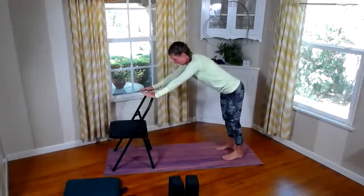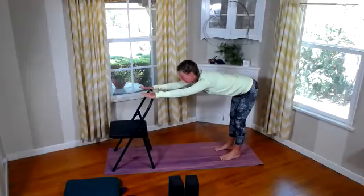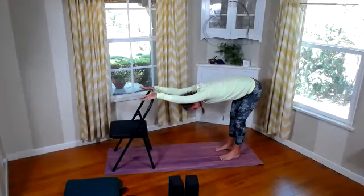So we've got our hands on the back of the chair. Let's lengthen through our spine. We've got a nice tabletop here. And then let's let that torso and our head get very heavy and hang below those shoulders. Oh, yeah. That gets that wonderful same shoulder opening, chest stretch, back opening, and then the hamstrings too. So you can feel this. So if you want to let that head dangle even further by taking that chin towards the chest, feel free